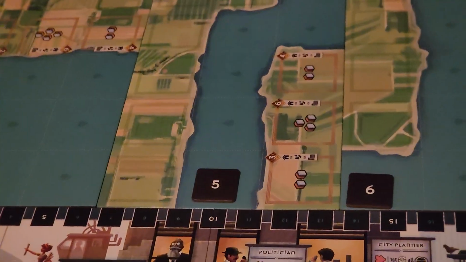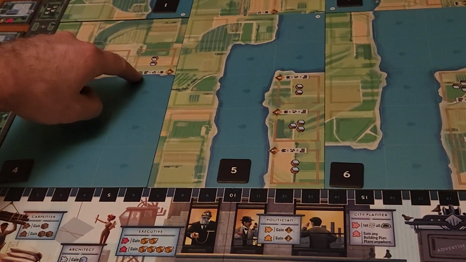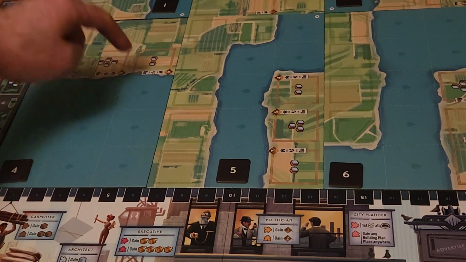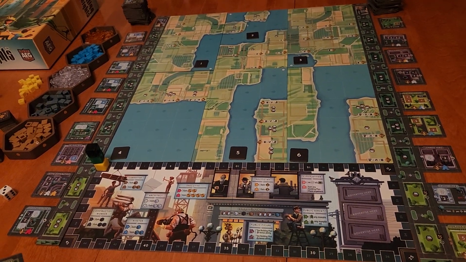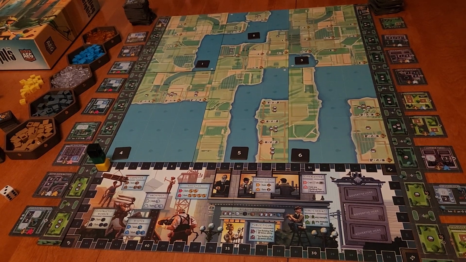I don't know if I can zoom in on that or not. Well, I can zoom in on one of these ones just to show the example. Right down here, you can kind of see it. We have the house, the forest. This one in particular is a commercial building, but different tiles award different victory points dependent on if... Just trying to find my...